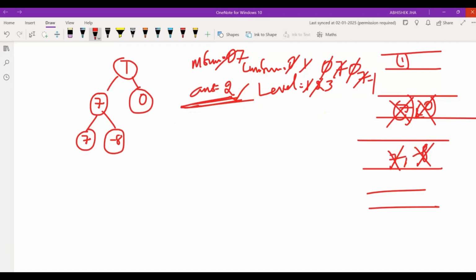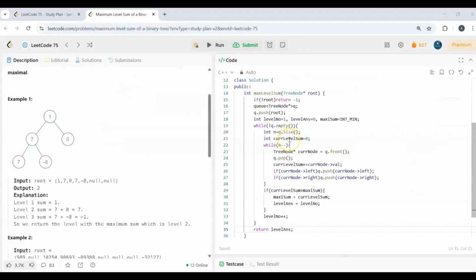So in this way our BFS approach works. So let's quickly code this approach and let's submit. So here's the code for our approach which we have taken to solve this particular problem, which is almost an optimal approach. So here the base case would be if root is null, we'll return minus 1. So we'll use queue based approach, that is BFS, queue of tree node type. So initially our step would be to push our root node, and we'll take few variables, that is level number